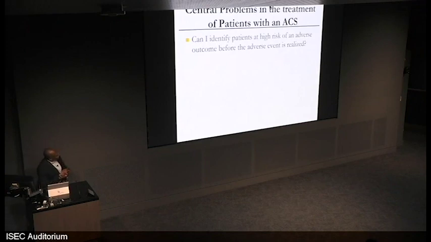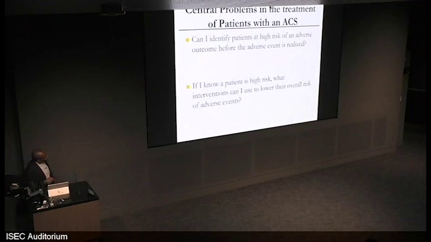The first is: can I identify patients at high risk of an adverse outcome before the outcome is realized? A patient comes in, I just have their physiologic data, I have what he or she tells me. Do I know this? Is this somebody that's going to die within the next 24 hours, during the hospital stay? Are they going to live? That's an important thing. Somebody who I think is going to die, I'm going to be very much more aggressive. I'm going to possibly recommend some invasive procedures that entail their own risk. And it's only worthwhile doing it if the risk of death is greater than the risk of the procedure.